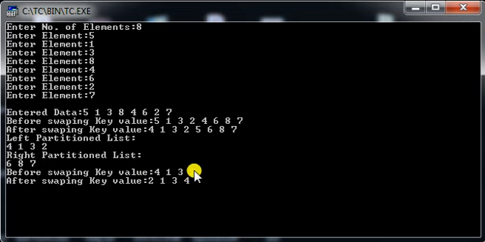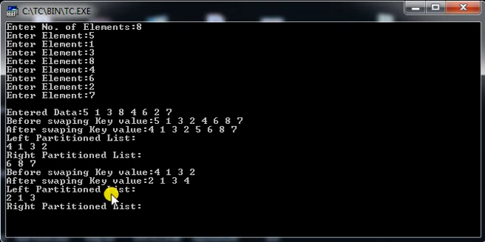Okay, kj. Now you need to check whether ki and kj have been exchanged with each other. No, they are not exchanged. So what I have to do? I need to swap them. Okay, so as you can see, they are swapped with each other. Fine. Now 4 will be placed in its proper position.